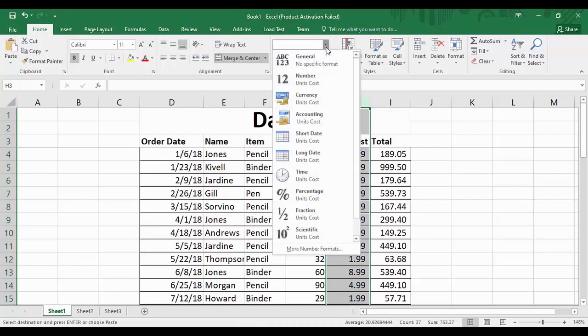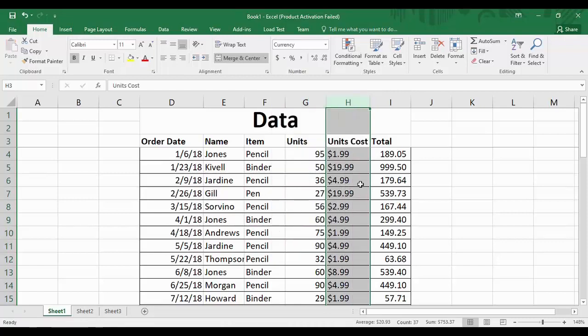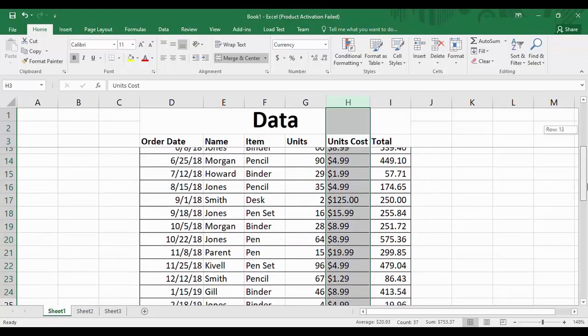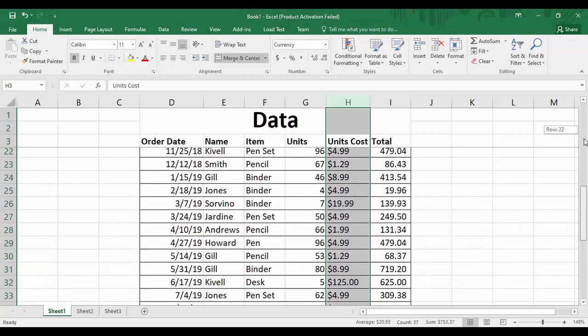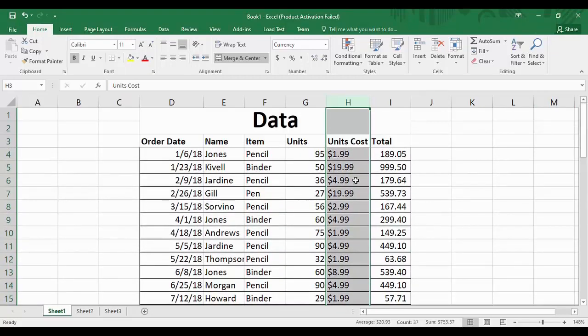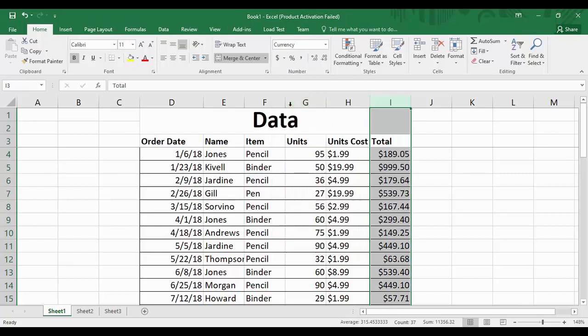Just click over this arrow, and here you will find currency. When you click on this currency, you will see that the units cost has been changed into a currency with a dollar symbol preceding all the values. This tells us that this is a kind of currency. The same thing you can do with the total as well. Just apply currency to it.